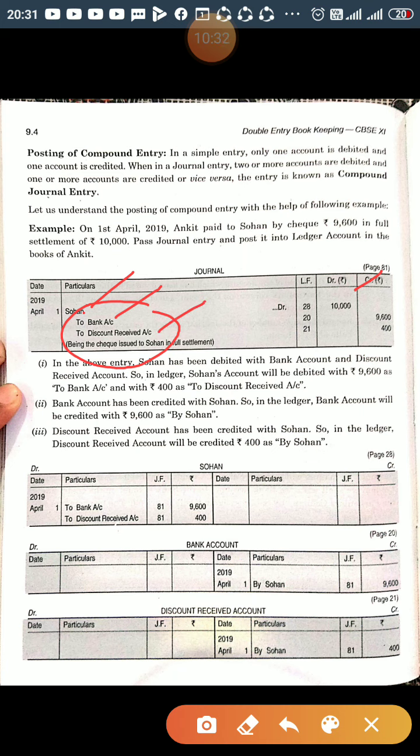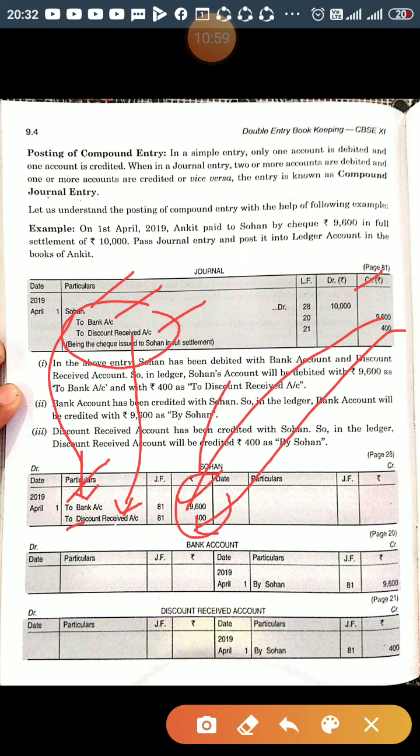So you will put on the debit side to bank, to discount received, right? And you will put the amount. So this total should be equal to this 10,000,